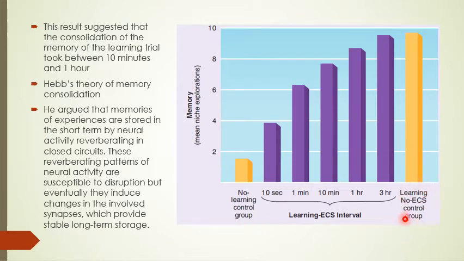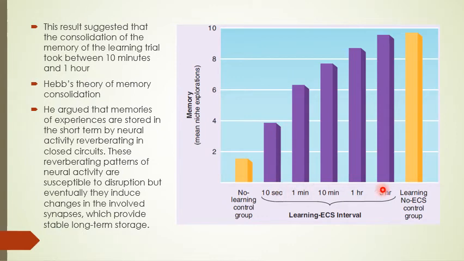And the learning but no ECS control group, so gi-tagaan sila og learning trial, which is the niche was gibutangan og water and then they were allowed to drink, but wala gi-administeran og electric shocks. So mao ni atong basis. So on average dapat siya 10 times ma-explore ang learning group nga rats sa niche. And then as you can see here,